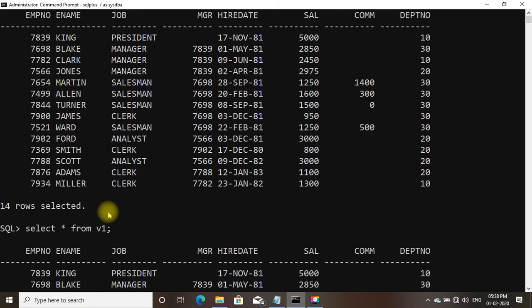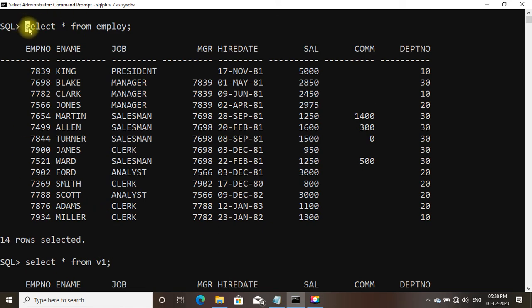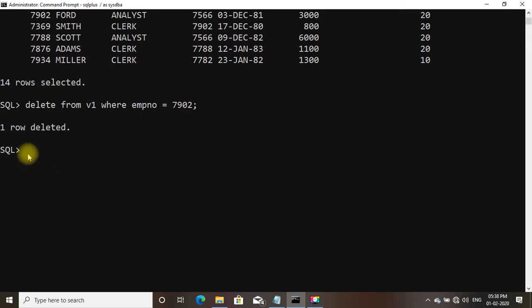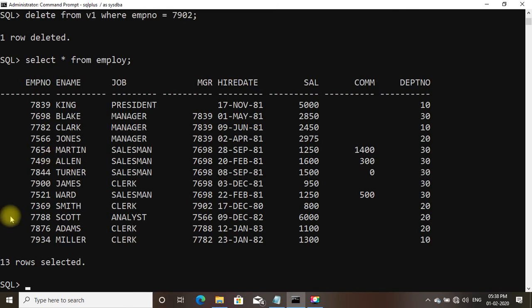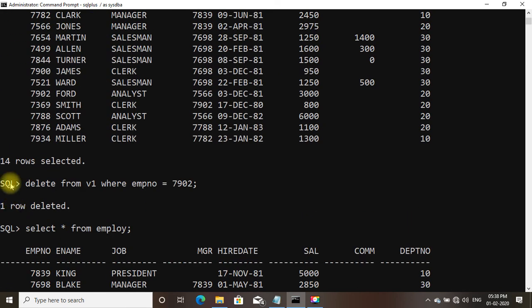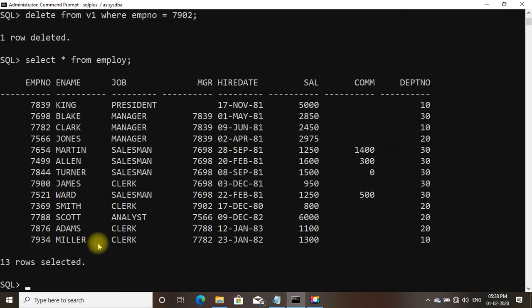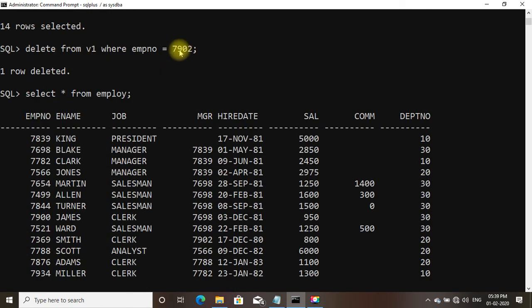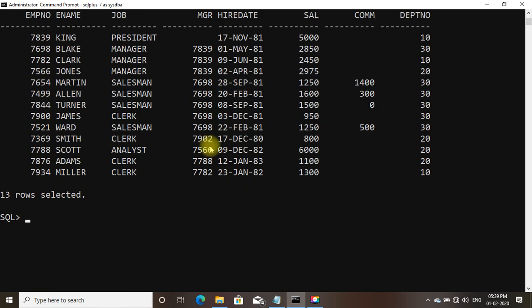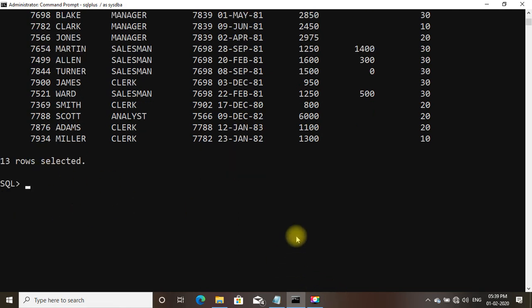Now if you do select star from employee, it is showing only 13 rows. Before it was showing 14 rows. Now it is showing 13 rows because empno 7902 has been deleted. empno 7902 is not available in this list. So this is how a view works.